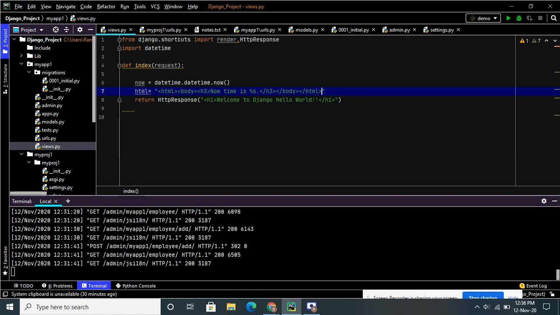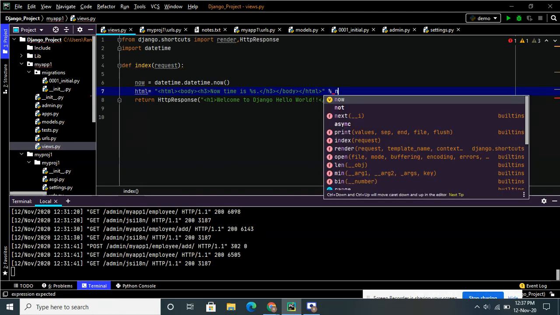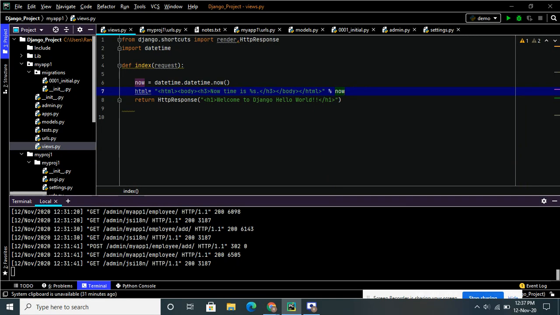And I'm printing now. That is my variable called now. Where is now? Okay, I have to use the percentage symbol in order to get the data. This is the formatting. Okay, use the now.